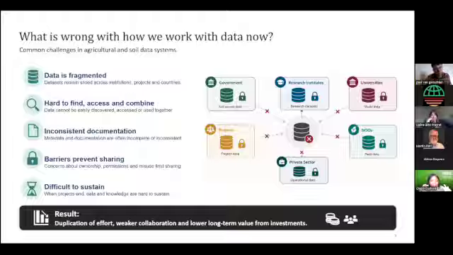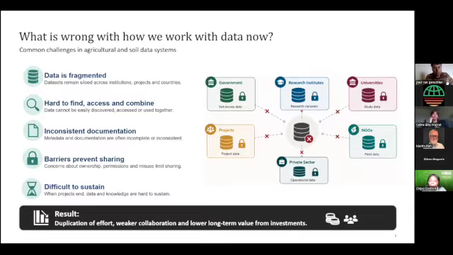Because with these problems, what we are seeing is a lot of duplication of effort. We're collecting the same data over and over, working in silos. There are very low levels of collaboration when it comes to data sharing and data exchange. And ultimately, in the long term, it leads to lower impact and lower return on investment for the donors that are funding these projects.